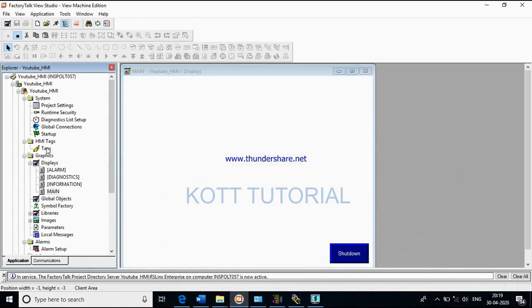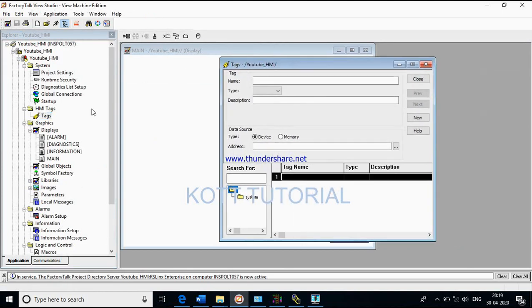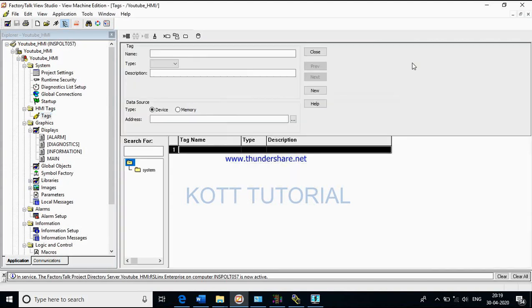So in HMI tags, now see, when I open the HMI tags, we can't see anything about the tag. See over here, when I am clicking this button, we can see the tools which we require.